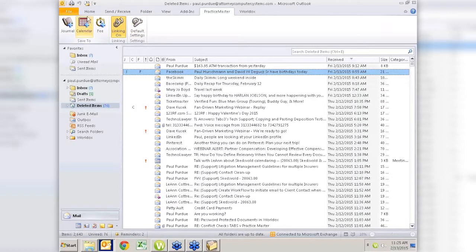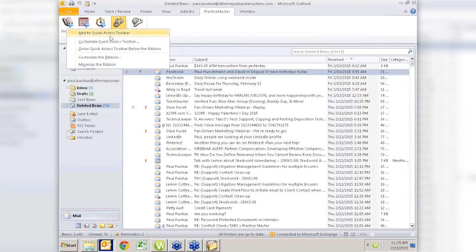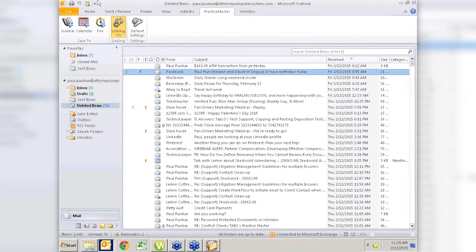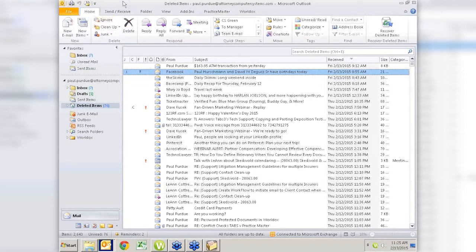One thing that I recommend is that if you're going to journal a lot of emails, if you right-click on this, in certain versions of Outlook, you can add it to what's called the Quick Access Toolbar. Doing so, we'll leave it here, but it will also add it up here so that you don't even have to get off of the home ribbon. You can just journal an email by clicking the appropriate button up here